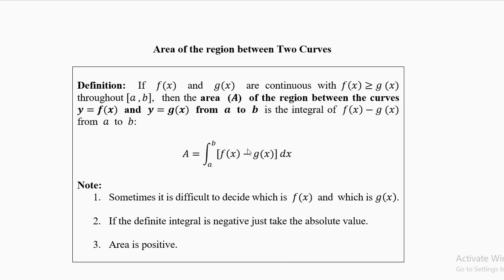Areas and volumes are always positive. So if your integral is negative like −20, then the area will be +20, not −20, and that can be done. Now if you are very particular of deciding which is less and which is more, then you do increasing and decreasing functions from calculus 1 for half a page, find the critical points, write the intervals, and then do it. But that takes a lot of time, so it's better to just do the integral. One function is f, one function is g, subtract the two functions and integrate a to b. If the integral is negative, remove the minus sign by using the absolute value or otherwise.